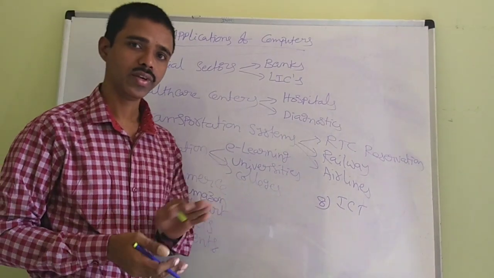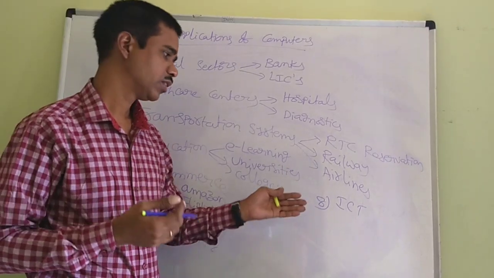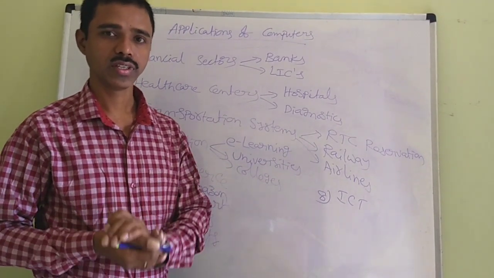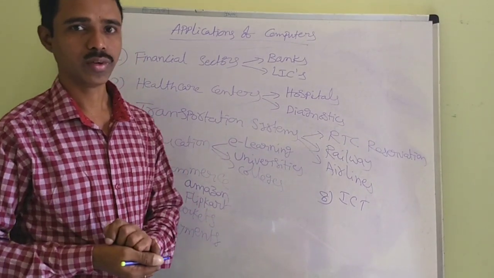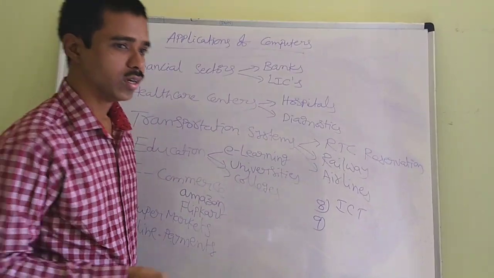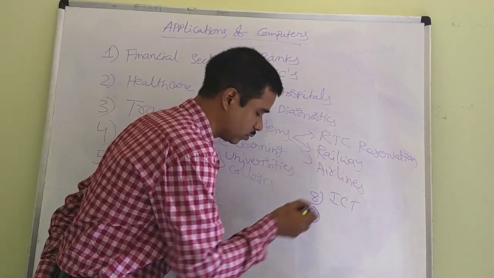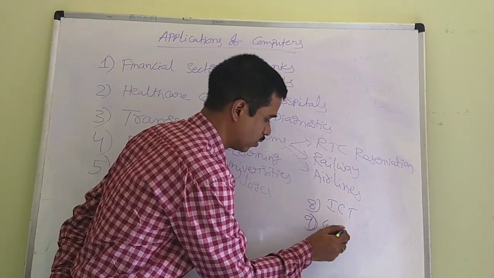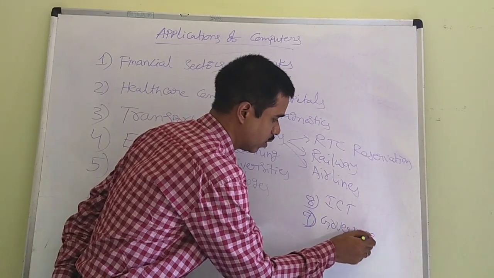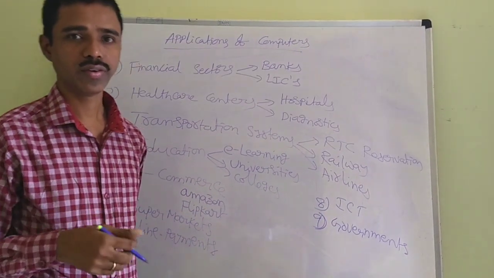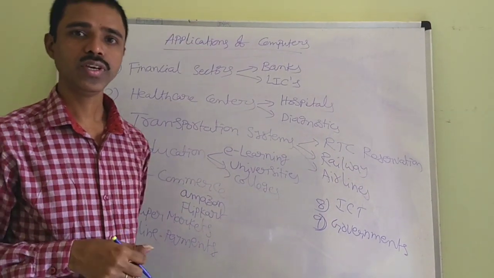It refers to various resources. A best example is workshops conducted in the universities or seminars conducted in the colleges or in the software companies. So that is ICT. And coming to the other sectors, governments. Today every government, in India or USA, Australia, whatever it may be, is going to use the computers.